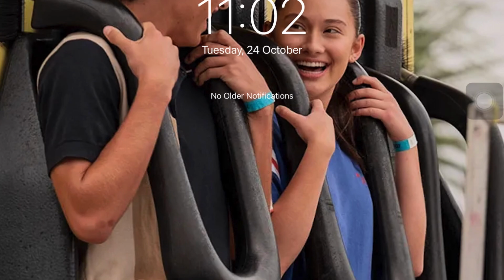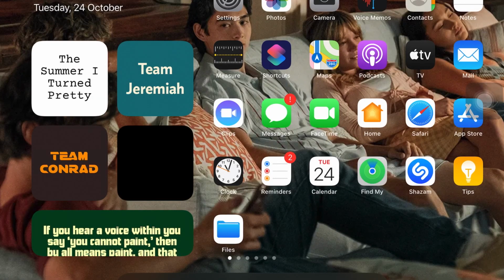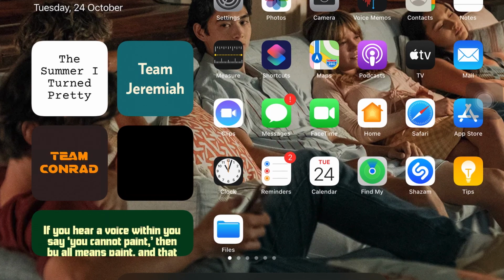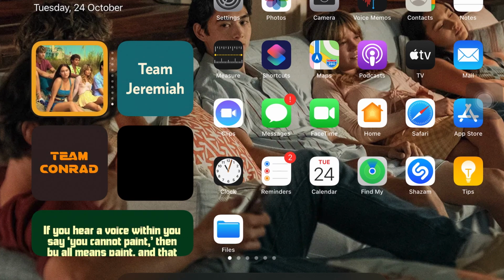So first, I have this lock screen with Jeremiah and Belly sitting together on the roller coaster ride. I think this is pretty nice. On my home screen, I have a portrait of everyone sitting together, united, watching a movie. Down here at the widget side, I have the Summer I Turned Pretty widget, which is everybody sitting together